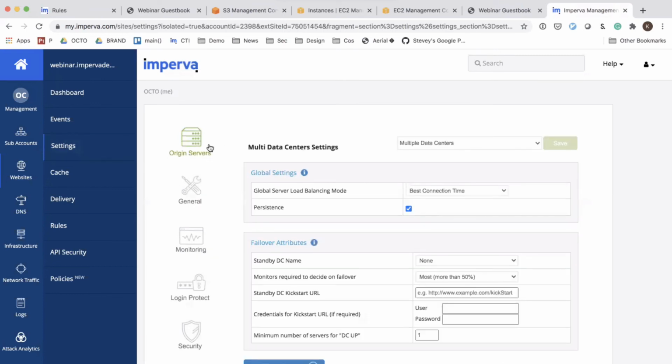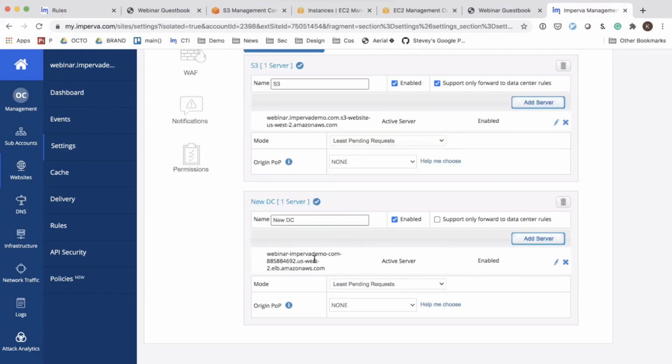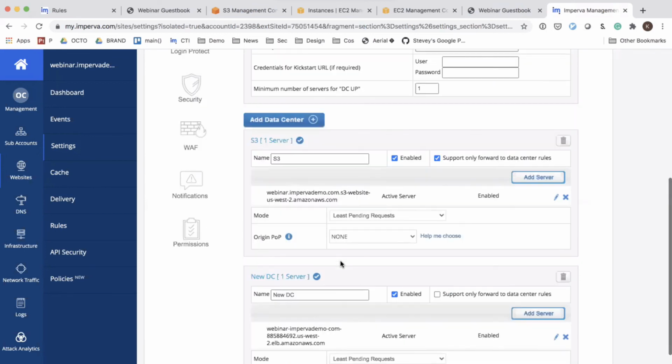Some people know, or maybe you don't, there are lots of different ways that you can use and leverage origin servers as part of your setup. Sometimes you may have a single setup, sometimes you may have multiple data centers. In this particular case, I set up multiple data centers. This is the CNAME of my server, specifically the CNAME of the load balancer, where we have the instance behind. And up here, we've got a CNAME that we have for my S3 bucket. I've just gone ahead and created it.